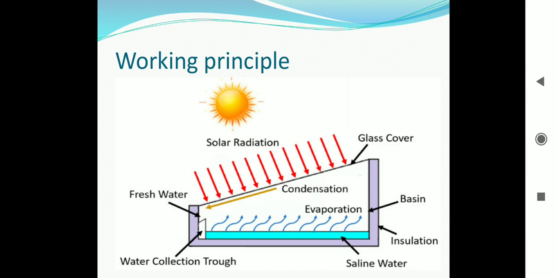Now we will talk about the process. What happens in this distillation unit? First of all, the contaminated water in the basin is heated by solar radiation. Now, an air convection current is formed by the effect of temperature and salinity difference in the basin. The rise in temperature will increase the evaporation rate and air current, along with moisture condensing on the transparent roof surface. When the temperature cools down, this vapor will condense into liquid and will be collected into the collection channel.